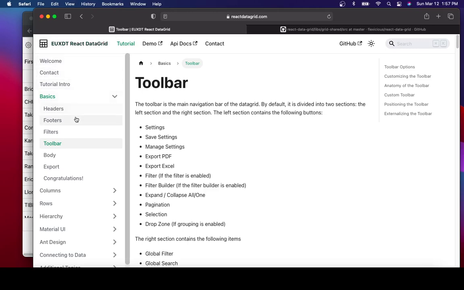In the previous videos, we looked at headers, footers, filters, and some basics about how to set up the data grid. In this video, let's take a look at the toolbar. The toolbar is a React component, and just like other React components, it has a bunch of child components that are shown or customized on the basis of props that you pass in to the grid via the toolbar options